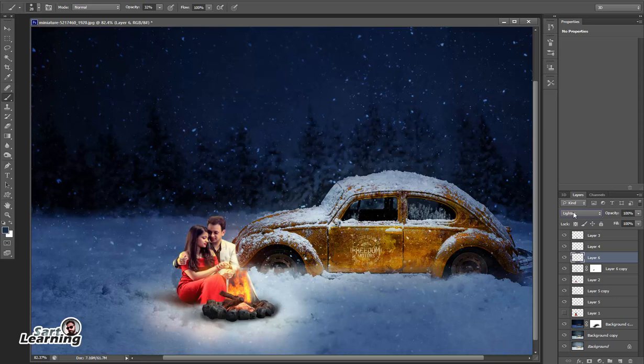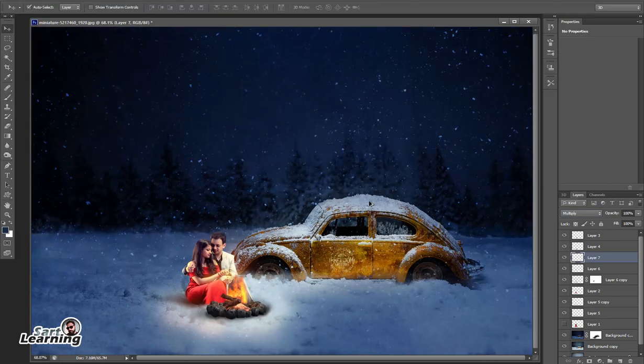Blend them to the couple. Now again I'm taking the same steps. Okay, now the highlight is good.